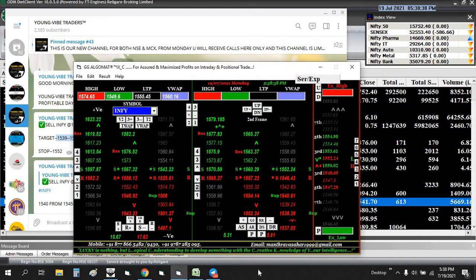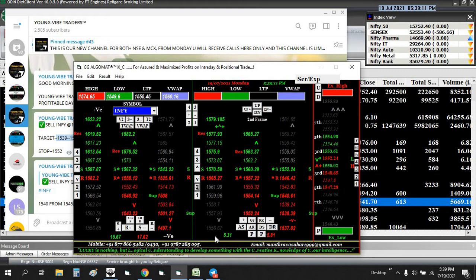Why? Because you can see the volatility here, 5 and 5. Whenever the volatility comes around 8, 9, or above 10, you can expect good targets like 10 points or 15 points. But in technicals you cannot use this method. In technicals you can find the entry, stop loss, target. But if your target is 20 points, it definitely won't hit 20 points. Sometimes it will reverse from 10 points itself.